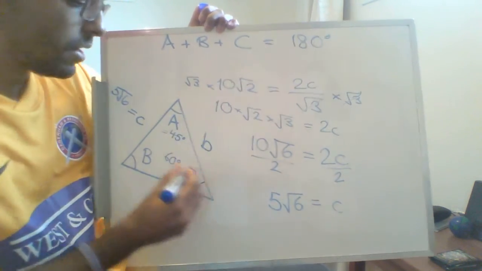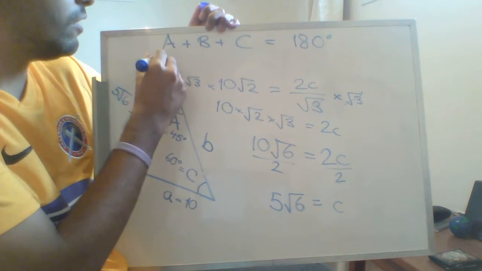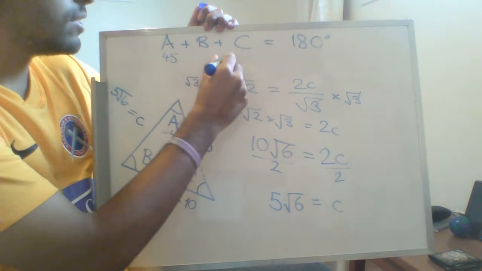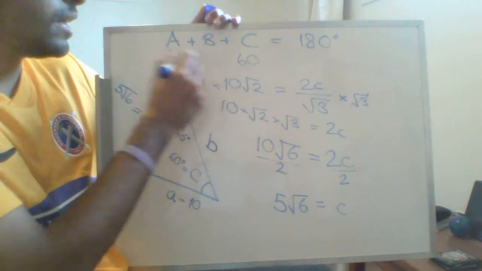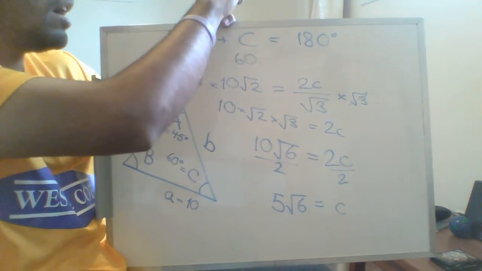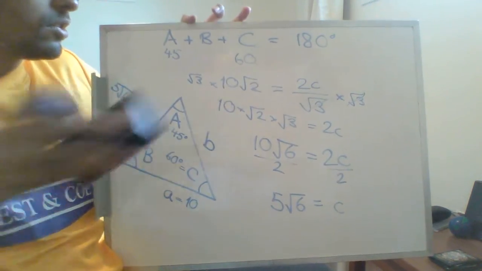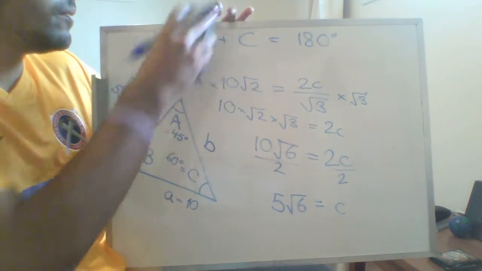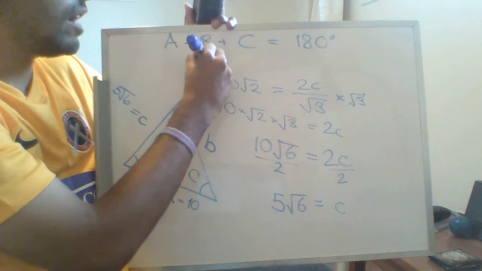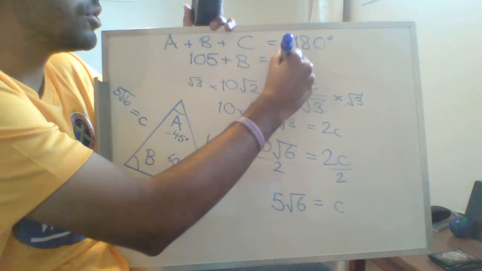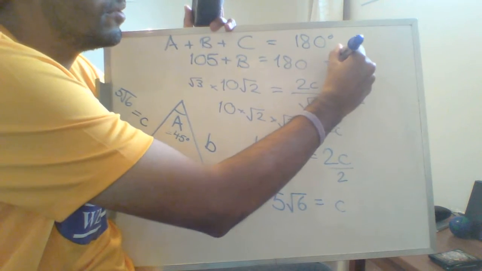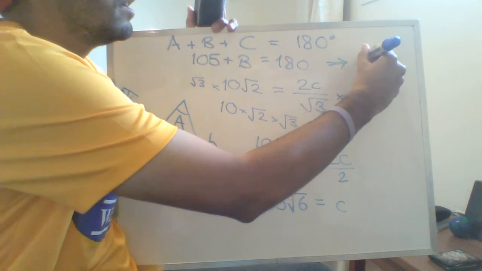We know angle A is 45, and we know angle C is 60, so that accounts for 105 degrees. So 105 degrees plus angle B equals 180. And if you do the math, you'll get that B equals